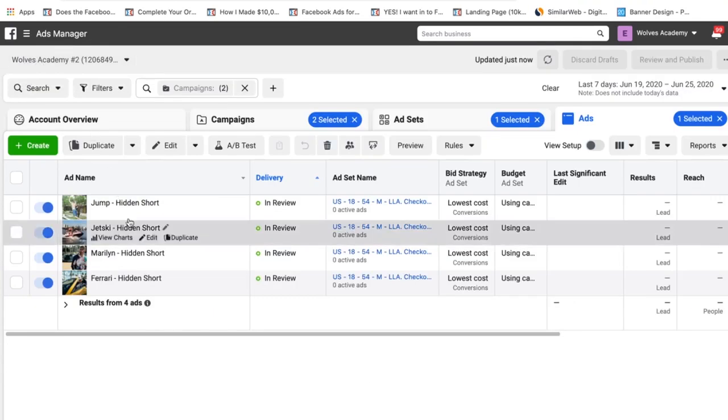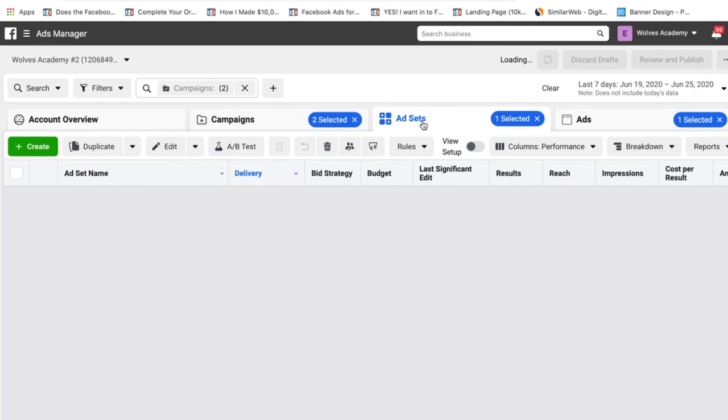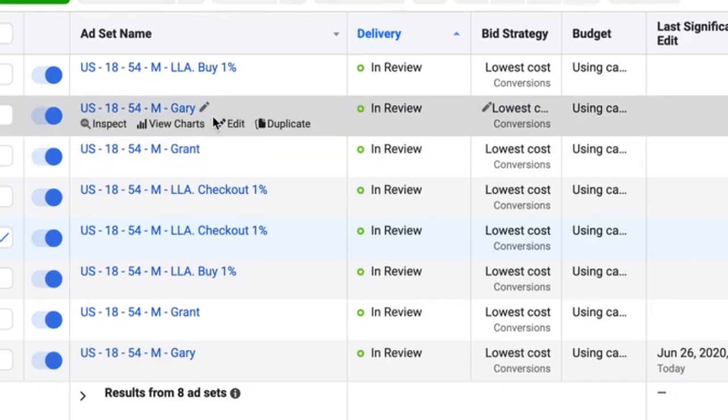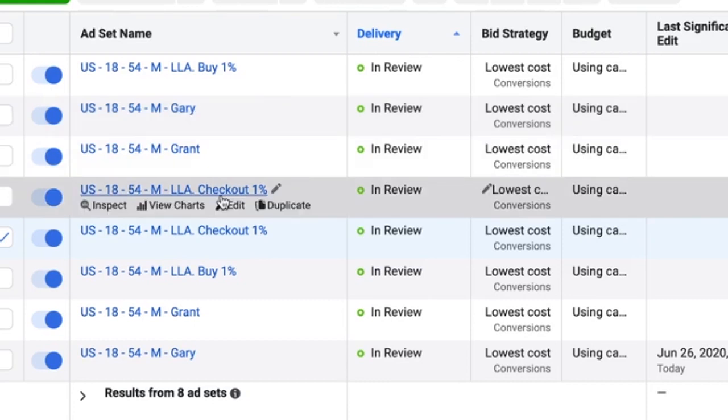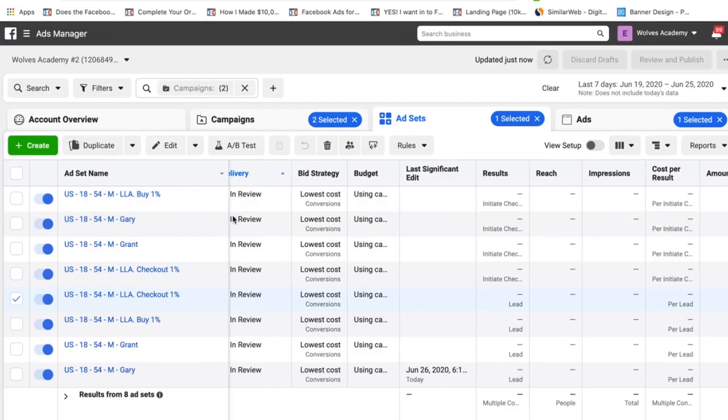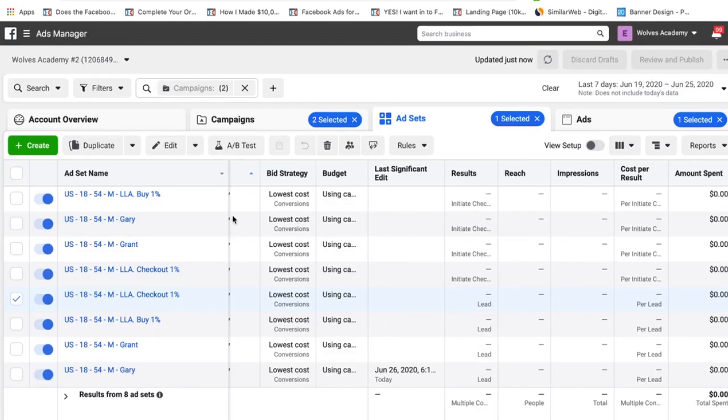We have 4 ads in each one. We have 4 different ad sets. The actual ad sets, it's going to show 8 ad sets, and the reason why it shows 8 ad sets is because it's for both campaigns. So I have 2 Gary V's, 2 Grant Cardones, people who actually initiated checkout. I created the lookalike audience of the people who initiated checkout, and I created a lookalike audience of my actual purchases. So 8 different audiences, 2 different campaigns, and if you do the math, 8 ad sets times 4, so